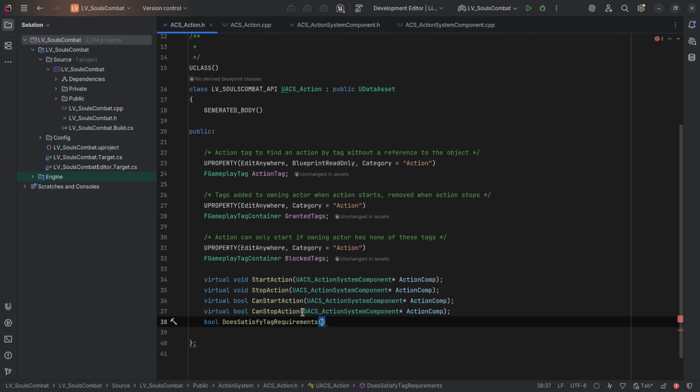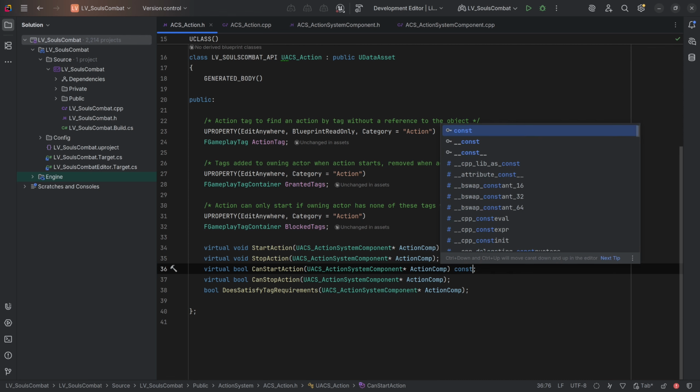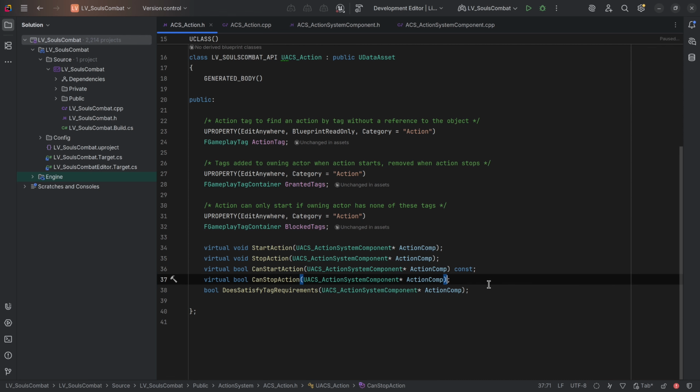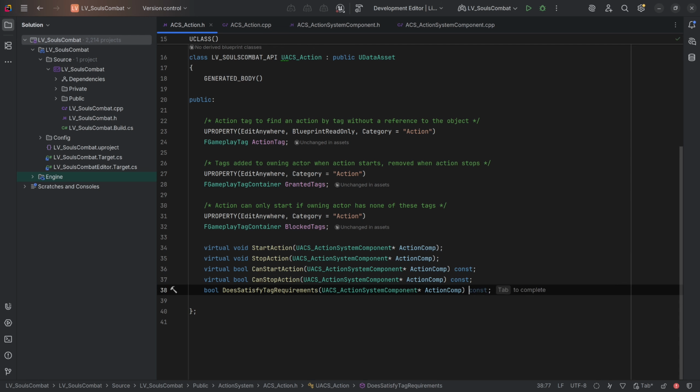Let's also add a bool DoesSatisfyTagRequirements. And we are also going to add the action component here. It will also be a good idea for us to make some of these const. So CanStartAction should be const, CanStopAction should be const, and DoesSatisfyTagRequirements should also